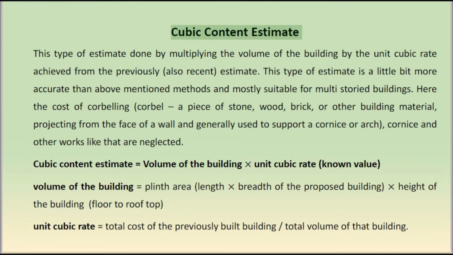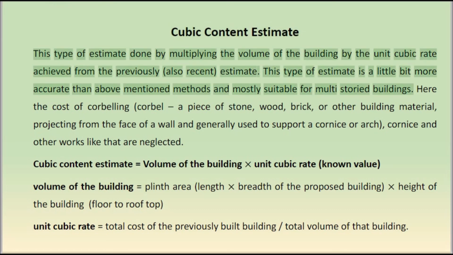Cubic content estimate. This type of estimate is done by multiplying the volume of the building by the unit cubic rate achieved from a previous, also recent, estimate. This type of estimate is a little bit more accurate than the above mentioned methods and mostly